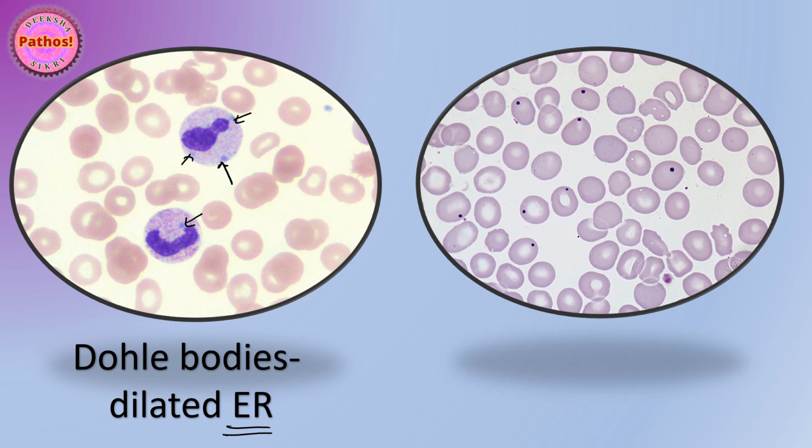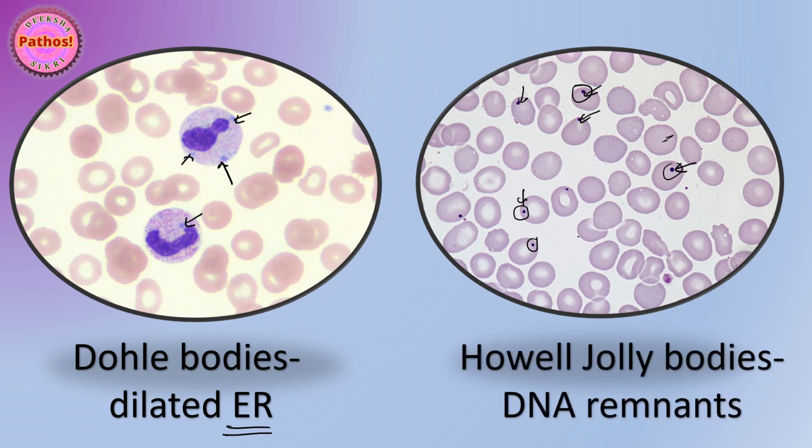These are RBCs, which again you can make out very dark spherical inclusions. Now, hemoglobin has given the pink color to the RBCs, whereas the dark basophilic inclusions should make you wonder, why are they dark? Why are they basophilic? So these are called Howell-Jolly bodies, and they are basophilic because they are DNA remnants. Remember, DNA would take the blue stain. So Howell-Jolly bodies is a sign of ineffective or hurried erythropoiesis. They should have been removed, they did not get removed, or the cells did not form properly.